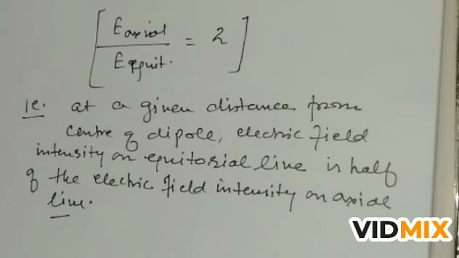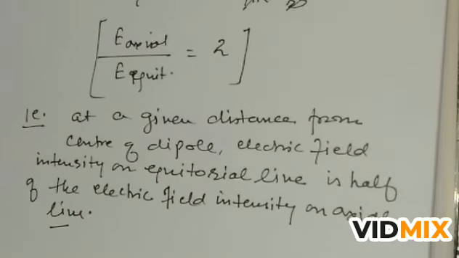So this is all about the video. This is all about what we had discussed in this video: the electric field intensity on the axial and on the equatorial point of the dipole, what is a dipole, what is dipole moment, unit of dipole moment, what is the direction of dipole moment. All these things are very important from your exam point of view, and for the competition also. Read this content from the NCERT, read this content from your reference book also. Solve so many questions that may clear your concept of this dipole moment, and solve the numericals also.